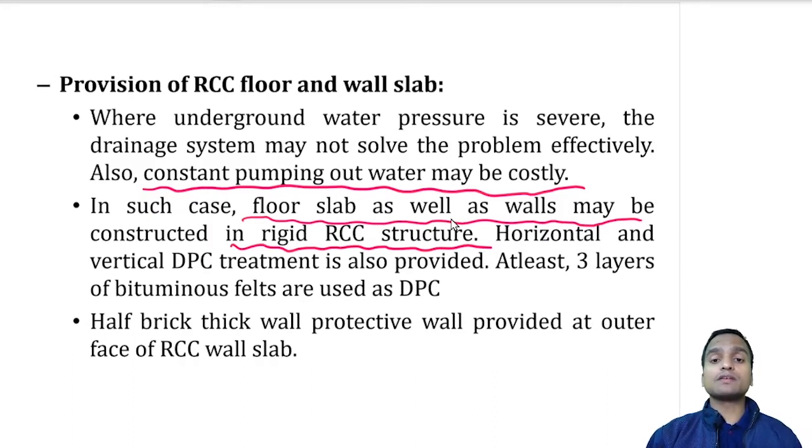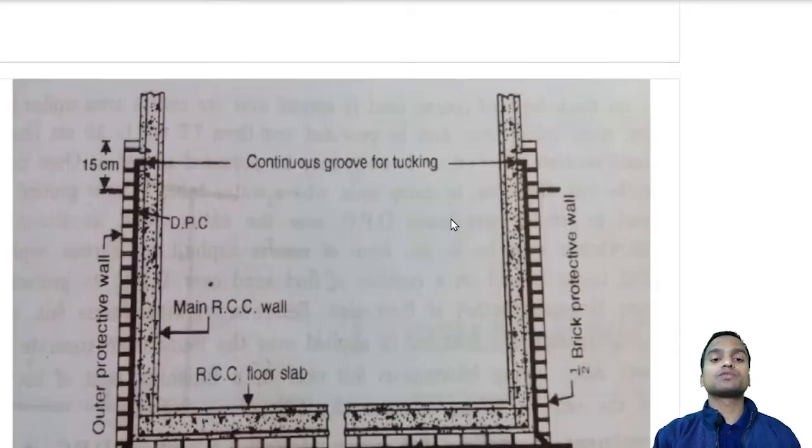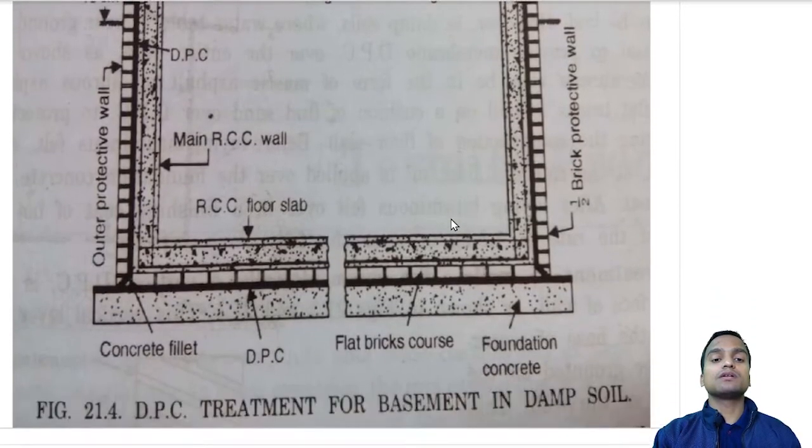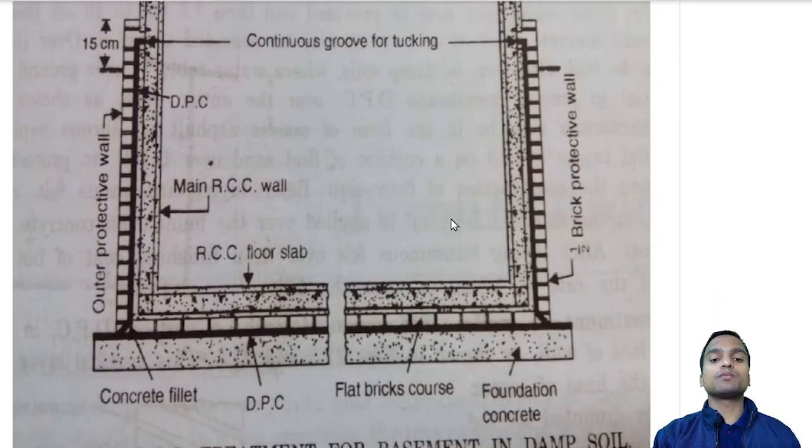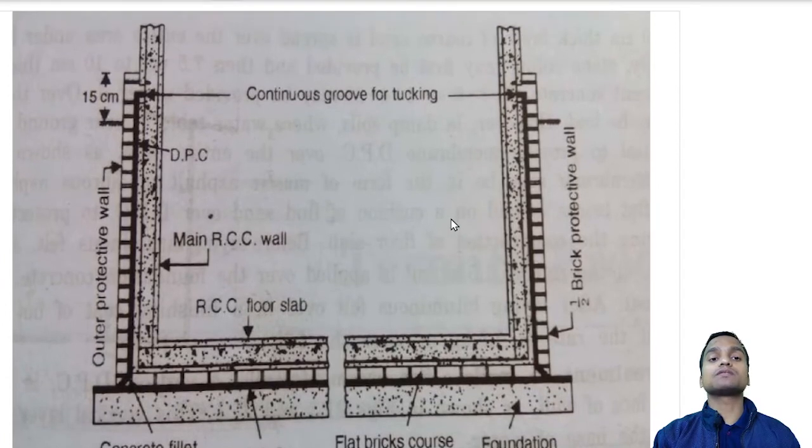And along with this, the horizontal and vertical DPC treatment is also provided, and at least 3 layers of bituminous felt are used as DPC. Half brick thick wall protective is provided at outer face of RCC wall slab also. So here you see the DPC treatment for basement in damp soil where there is huge pressure,